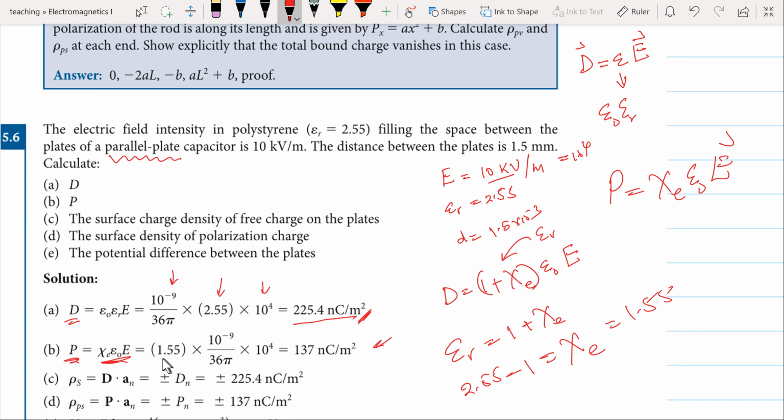And therefore, we just replace the values directly. 1.55 times epsilon naught times the E, we get 137 nanocoulombs per square meter. And for that reason, we are able to determine the polarization vector. And now, in this case, if you remember that